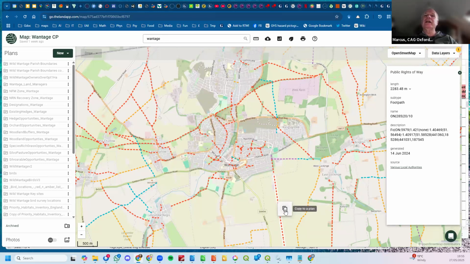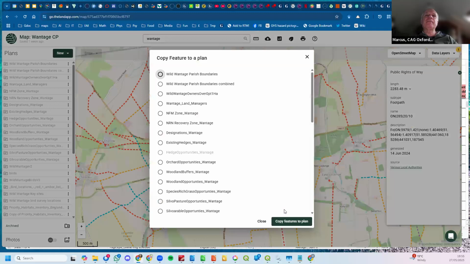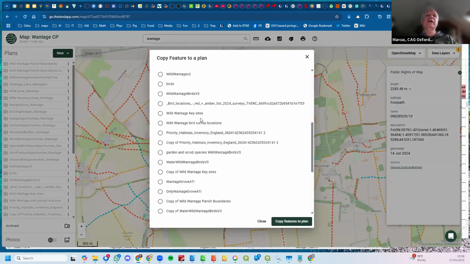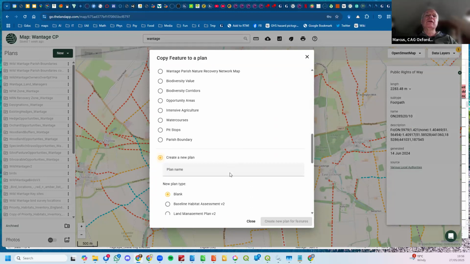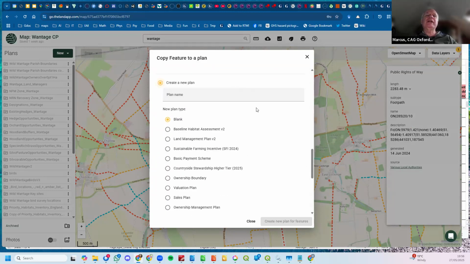So if you wanted to have a map of selected footpaths in Wantage, then I would do copy to a plan. I can either copy it to an existing plan, or I can copy it to a new plan, and it will create a new plan. Not only that, but it will actually give you a helpful template so you're not just with a blank sheet, but it will actually structure your data using helpful